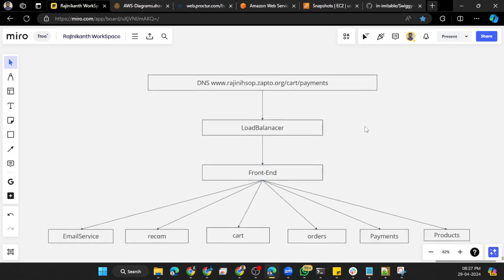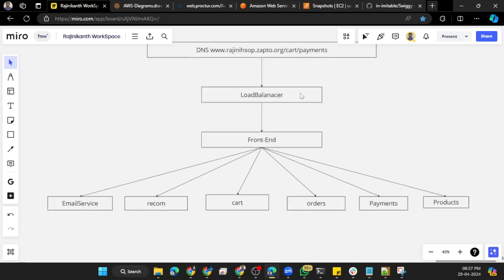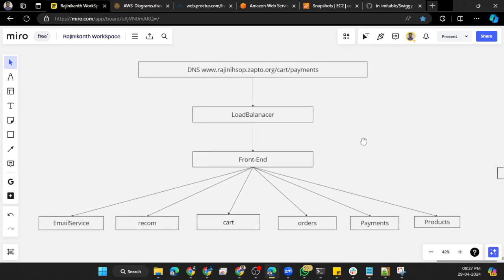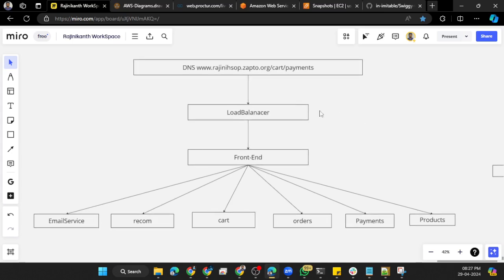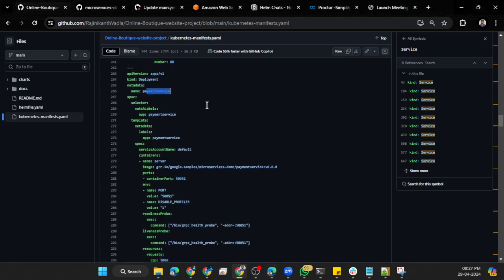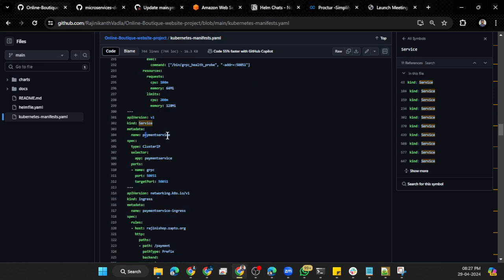Based on the path, it is going to communicate with each of the services. Okay, it is like this. And if I go to my repository and look at the payment service, the payment service cluster